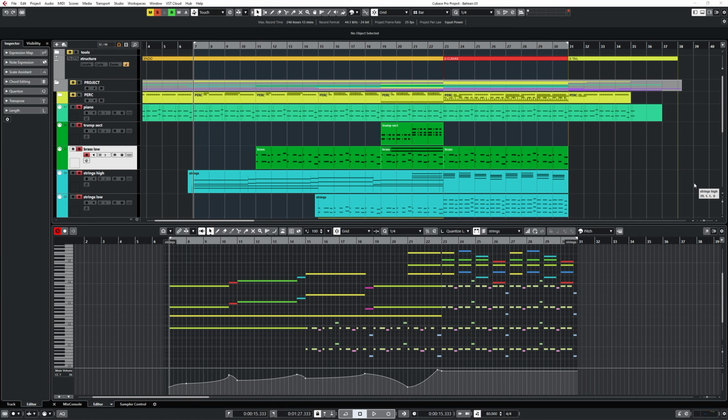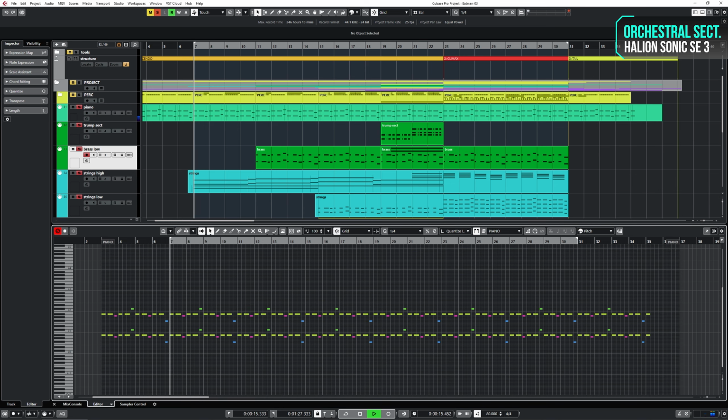Let's talk about the orchestral section. All the sounds you're going to hear are from the HALion Sonic SE3 built-in library. My favorite way to make an orchestral crescendo is to start with a few instruments at low dynamics and add layers time by time until reaching the fortissimo. And so I did here. I started from the piano,